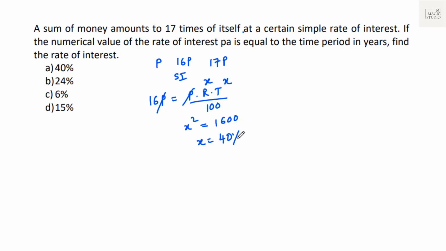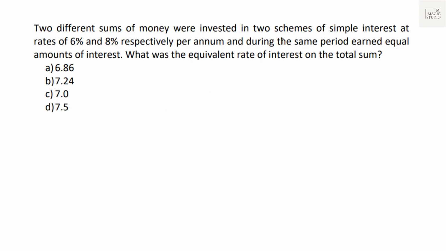Find the rate of interest. The rate of interest is x% per annum. It is 40% per annum. Option A is the pick. Two different sums of money were invested in two schemes of simple interest at the rate of 6% and 8%